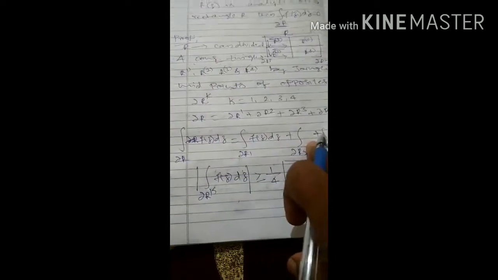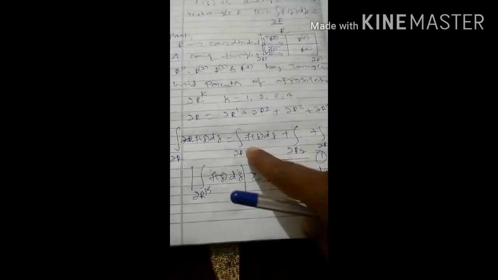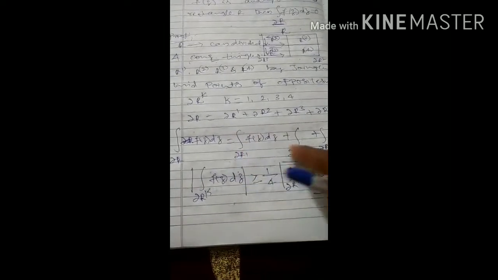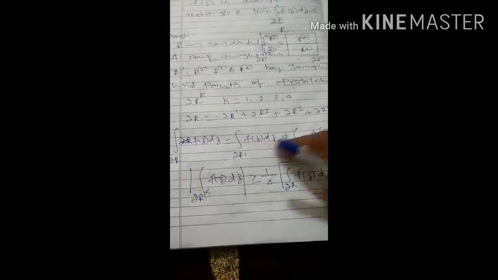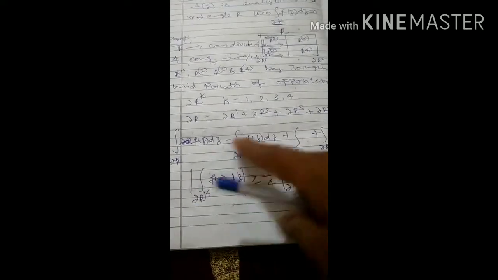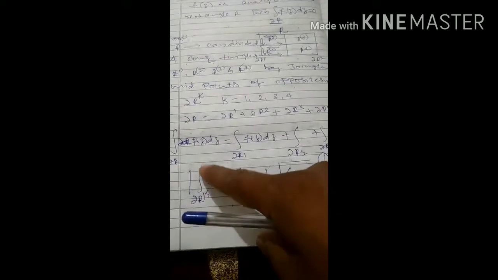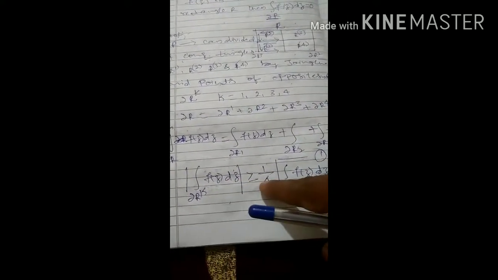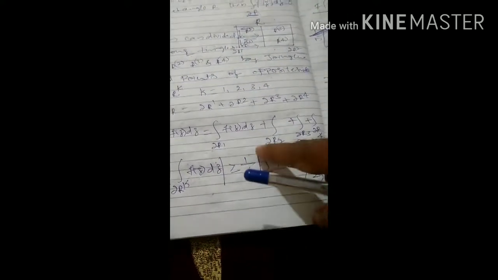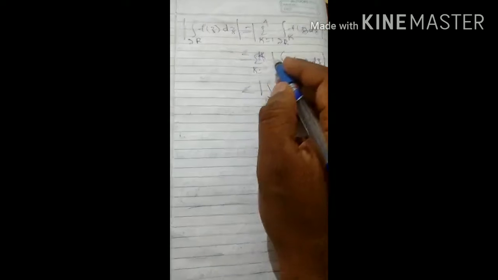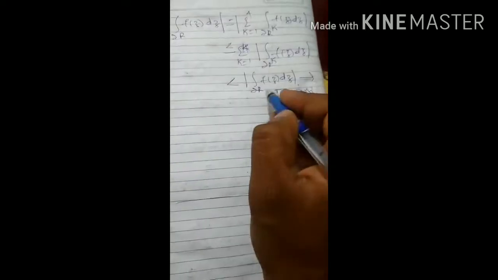So now we should take the integral of the RHS, that is, state the modulus, similar to the triangle case only. So modulus of the integral over the boundary of R_k of f(z) dz is greater than or equal to 1/4 of the modulus of the integral over the boundary of R of f(z) dz. Otherwise I should take the summation, taking the modulus outside. And again this is the proposition. Okay, so put the equation number.